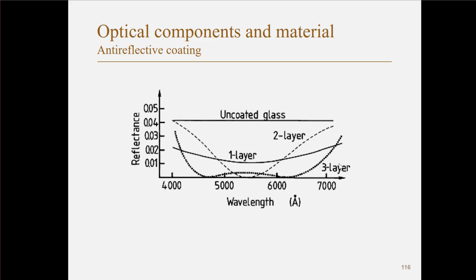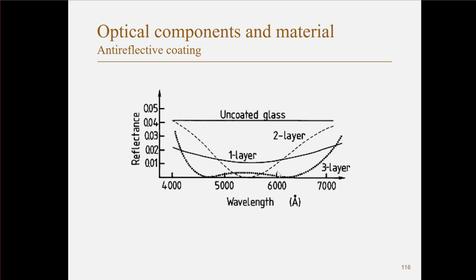You can also do the opposite of highly reflecting coatings, which is namely anti-reflection coating. Again, if you have many layers, you can tailor your anti-reflection coating to have the desired properties according to what you would like. So here's a single layer, and then there's a two layer, and then a three layer, and you see how it becomes broader. And the more layers you add,